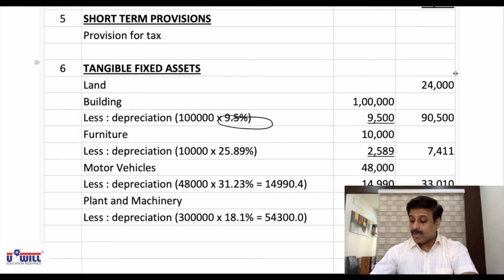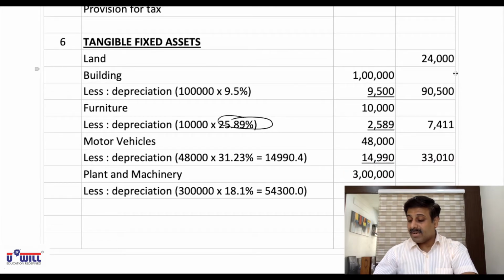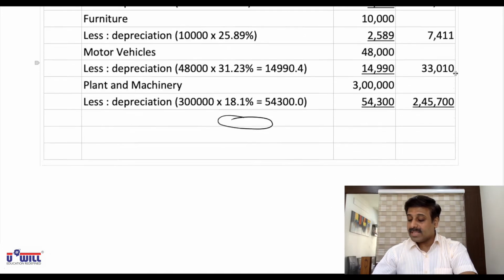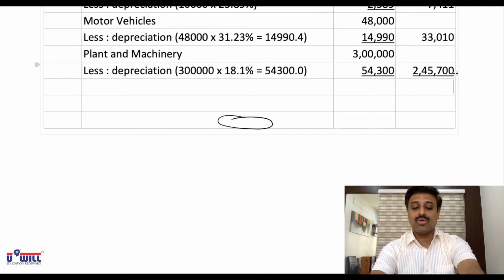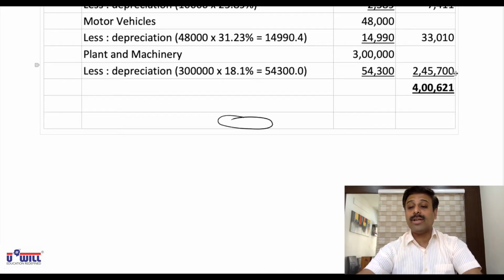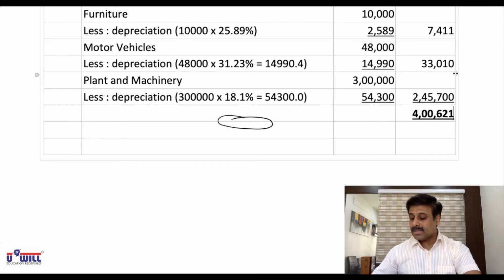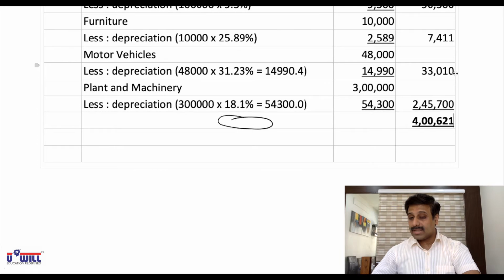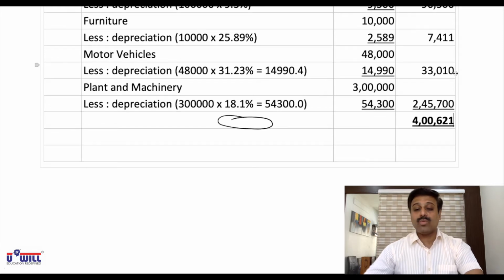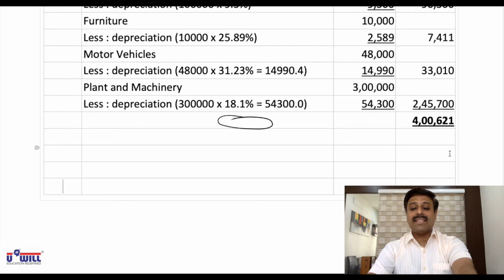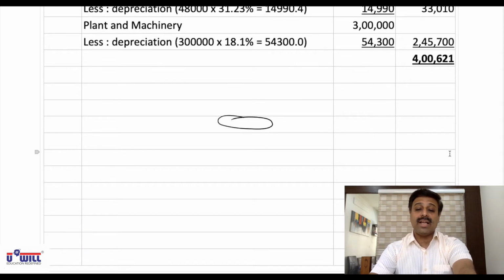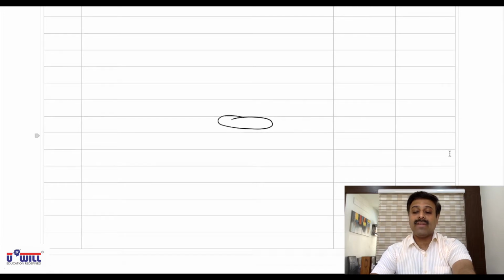So 24,000 plus 90,500 plus 7,411 plus 33,010 plus 2,45,700. So 4,00,621. Okay, try it once again. 24,000 plus 90,500 plus 7,411 plus 33,010 plus 2,45,700. So 4,00,621. So after tangible fixed assets, intangible fixed assets, we don't have capital work in progress, we don't have non-current